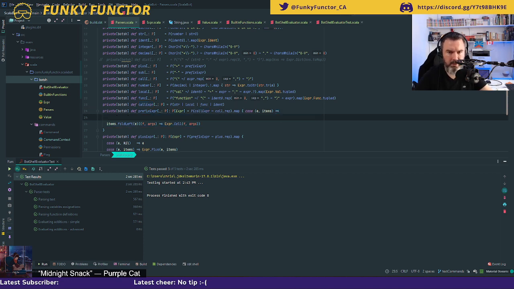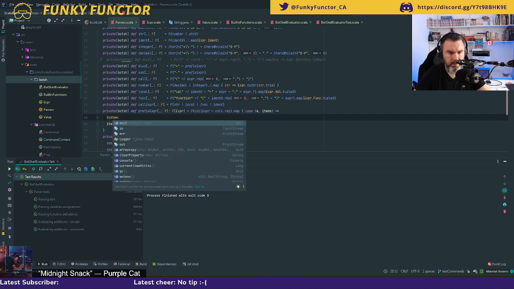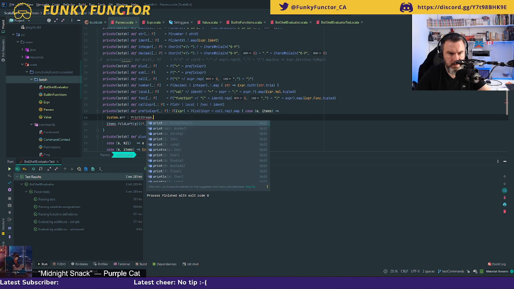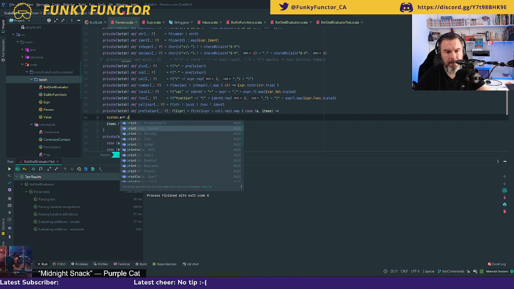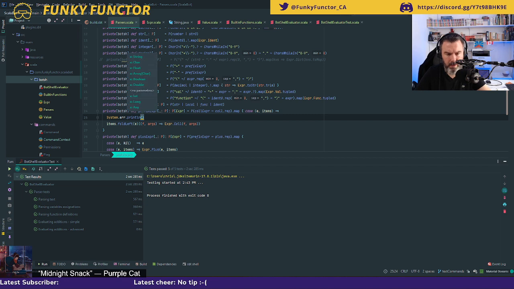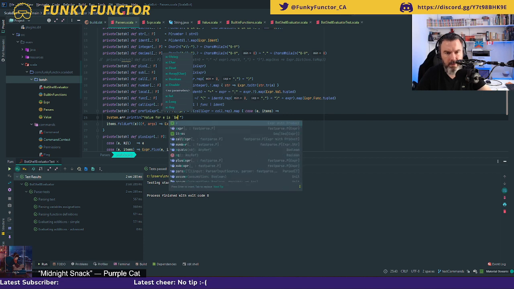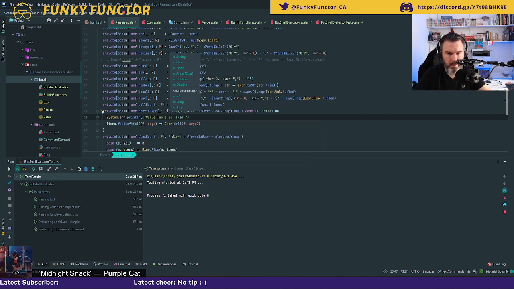For debugging purposes, I am going to try to capture this E and these items. So System.error.print line. There we go. Here I want to say value for E is, and I don't need the curly braces around.